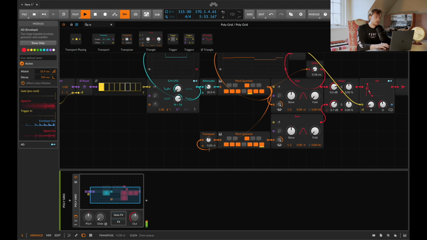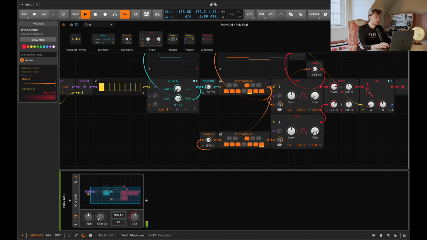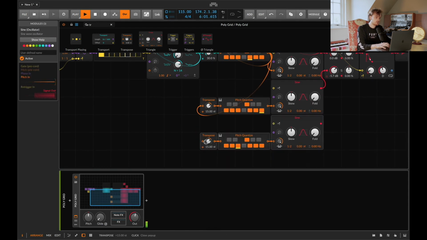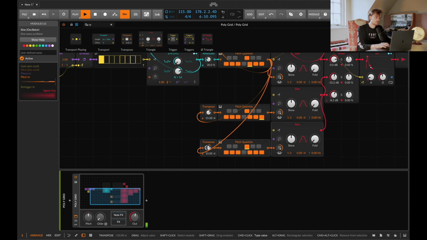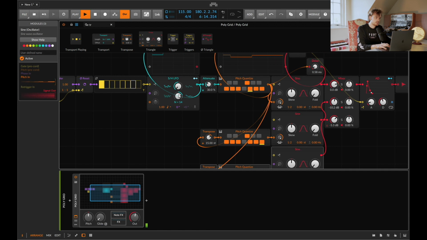And let's do 12, let's do 15, so up an octave. And then let's also do 10, so we'll go for a 7th as well. -2. And now as we start to change this,